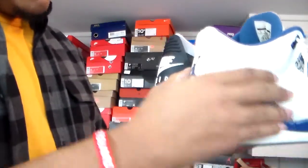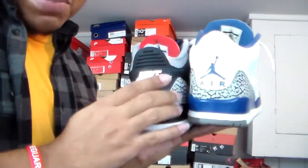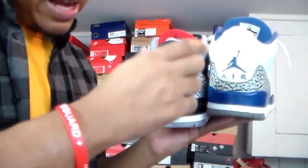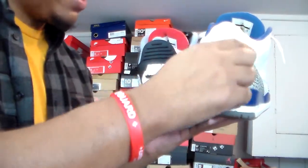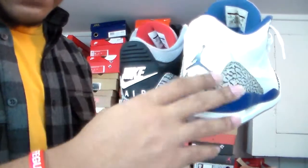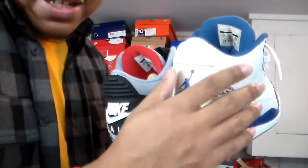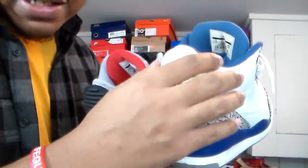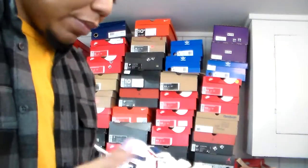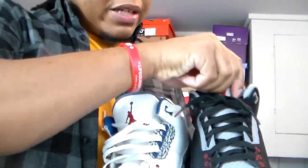And then going to the back, one of the cool things is that since this is a black colorway, you don't have to worry about the tab getting eggnog yellow. But again, I like the character. That's another video. And my light is probably shining too bright to actually see that this is yellow. You could kind of see it. But as far as the tongue goes, as far as quality,